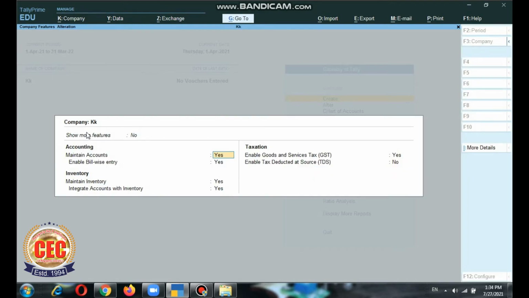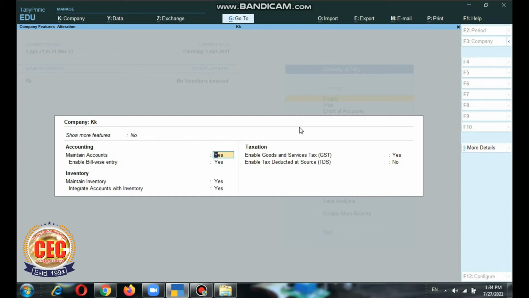Here you'll get the accounting features, inventory features, and statutory and taxation in the same window, whereas in Tally ERP 9 we had to open them in different windows. But here in TallyPrime we get all these features in the same window.